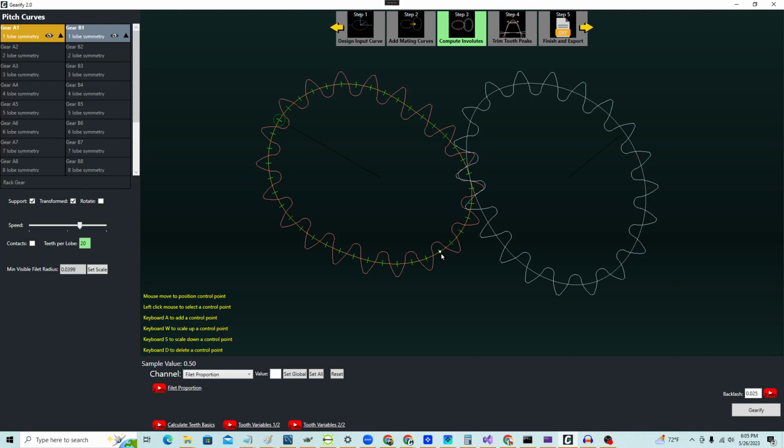For finer control, you can use the A key on your keyboard to add a control point to your curve. Left-click to select a control point. Use the W key to scale up and the S key to scale down a selected control point, or enter its value explicitly. Use the D key to delete a selected control point, though you cannot delete the points at